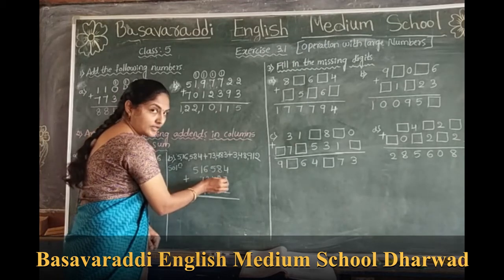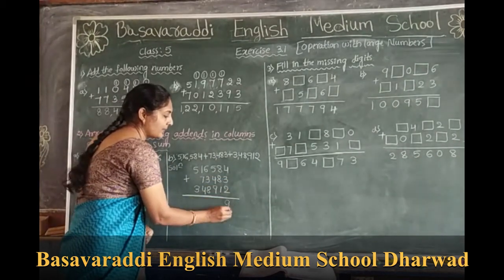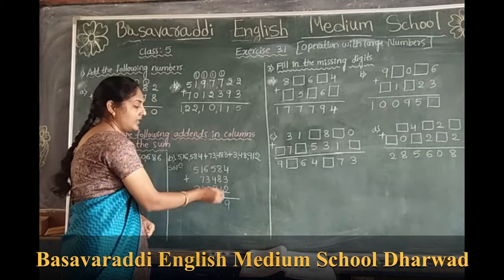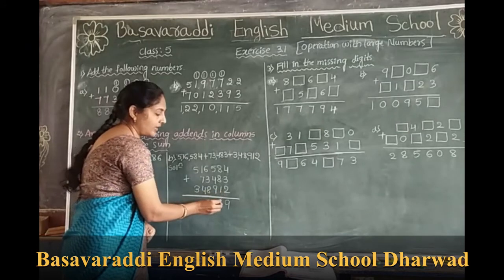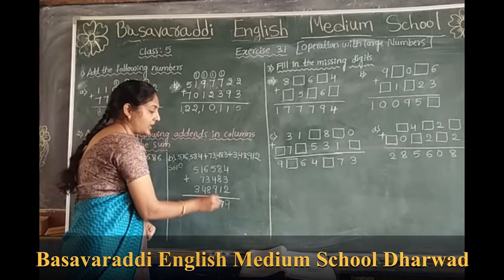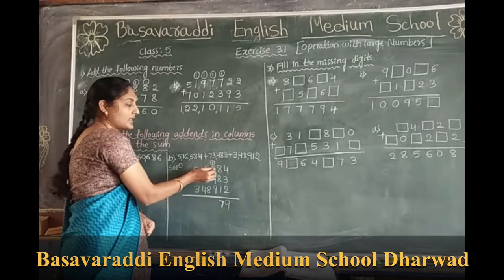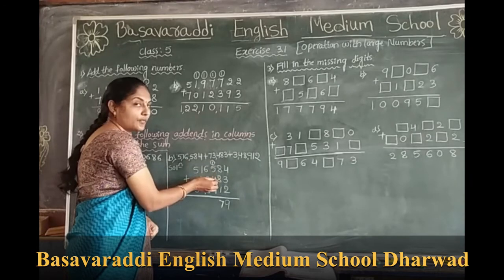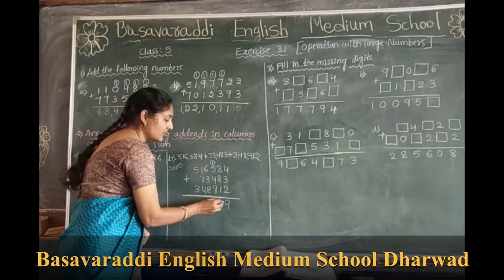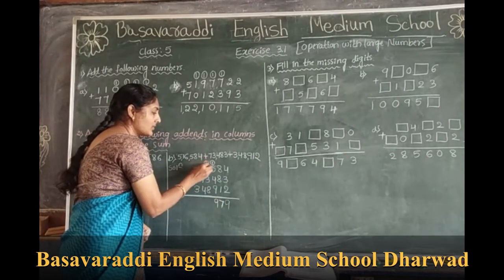4 plus 3 is 7. 7 plus 2 is 9. So 8 plus 8 is 16. 16 plus 1 is 17. Look here. Again it exceeds the 9. So carry over to the next number. It means to the 100 place. 1 plus 5 is 6. 6 plus 4 is 10. 10 plus 9 is 19. So 9 in the 100 place. 1 carry over to the thousands place.